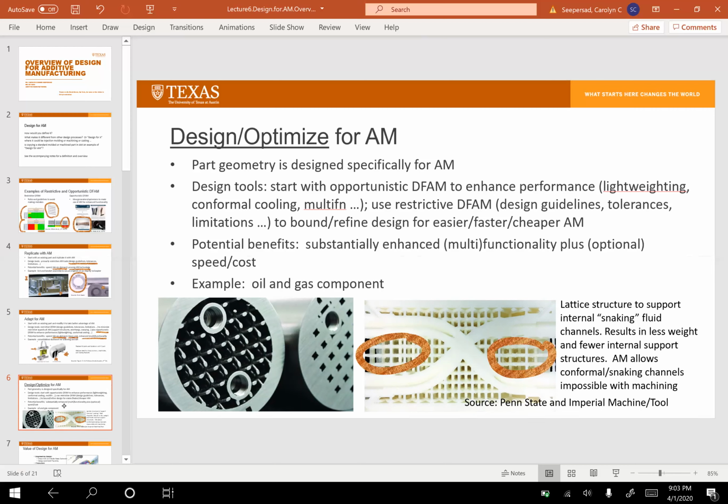And so the lattice structure eliminates the need for support structures, right? Because this is being built in metal, and you have all these snake-like channels that are running through it. And it also adds some lightweight stiffness and strength to the part. So it really does double duty. And so this is an example of a part where they've basically started with opportunistic DFAM. How can we lightweight it, make it strong, stiff,